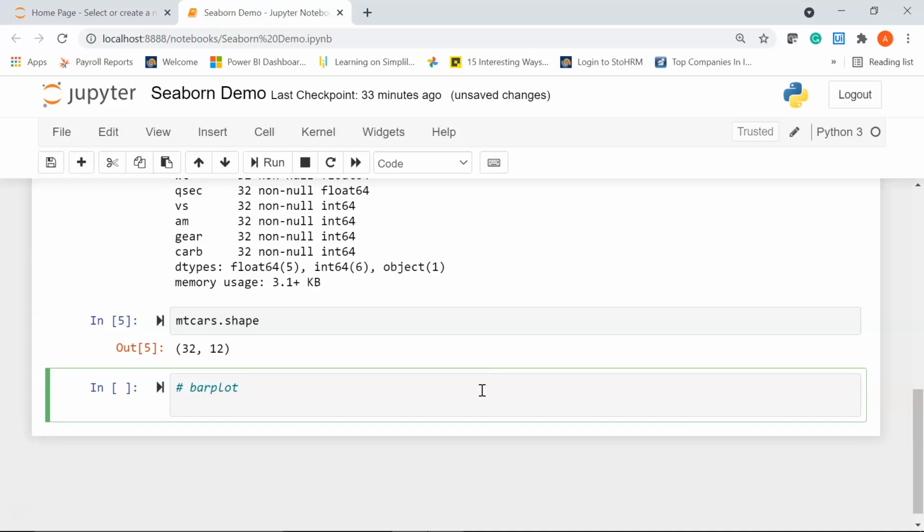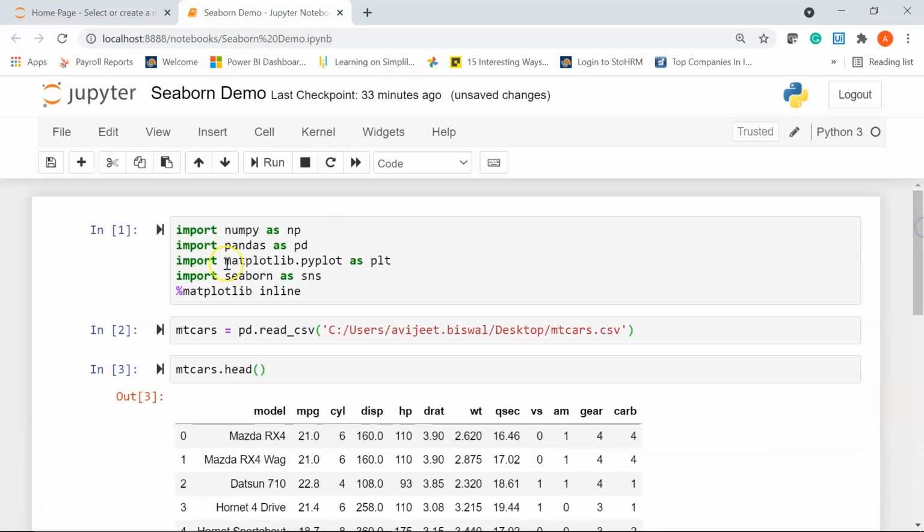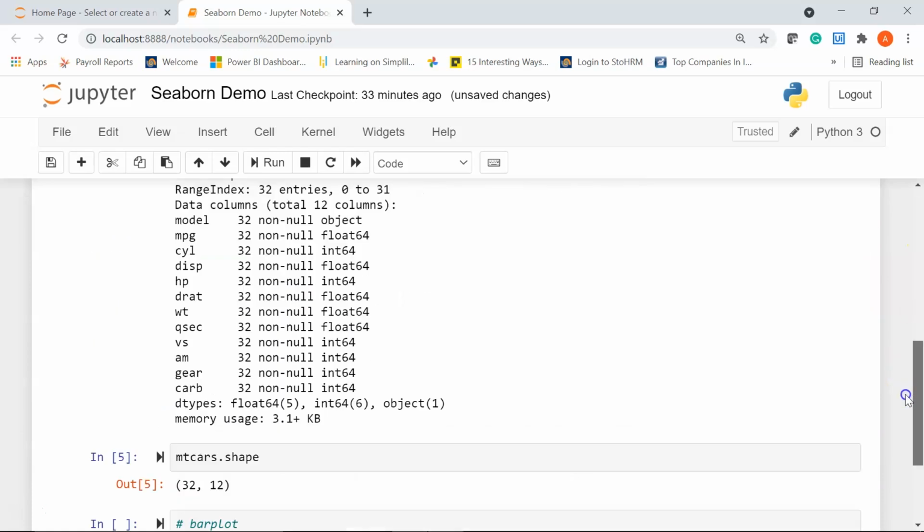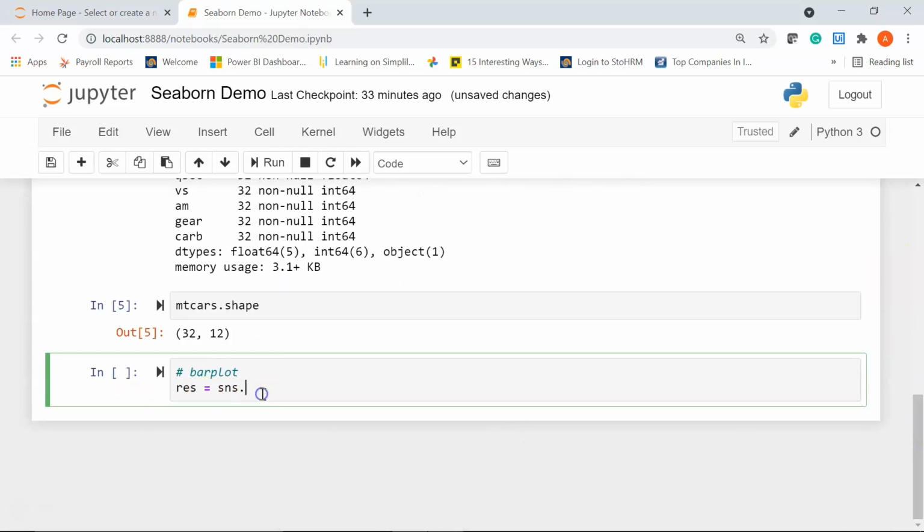So let's start. I'll declare a variable called res, which essentially stands for result. Then I'll use sns, which is for the Seaborn library. I'll say sns dot followed by my barplot function,